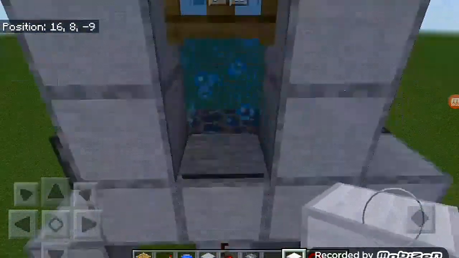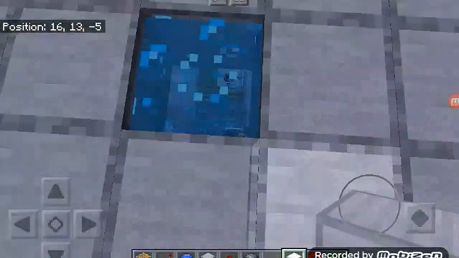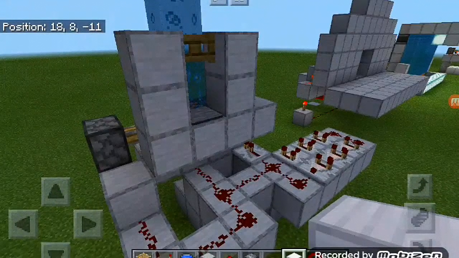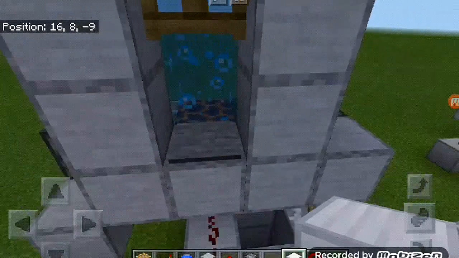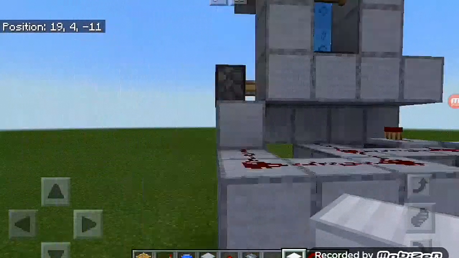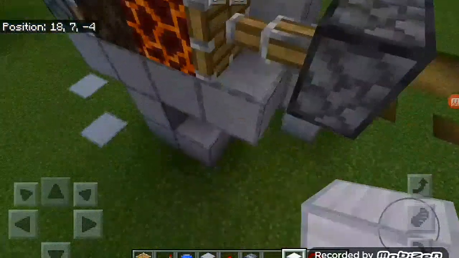But yeah, this is a simple circuit. This is how it works. You just open up, and then you go up, and in a few seconds it goes down. It's a quite simple circuit. How it works is, obviously the pressure plate gets powered, and then barrier blocks, and then when it gets powered, it powers this redstone line here, and this redstone line goes to this here, which